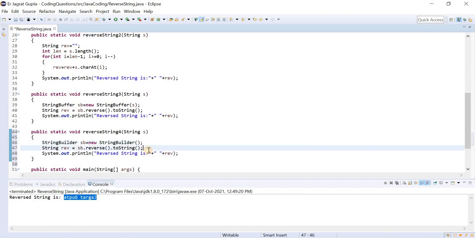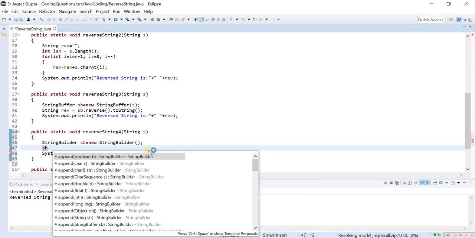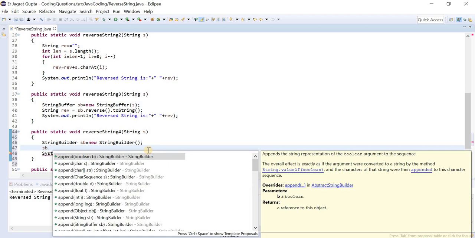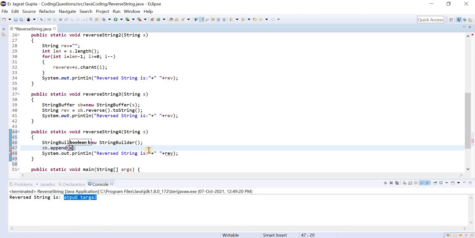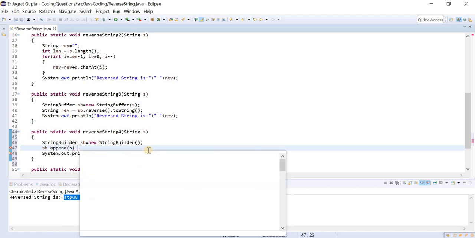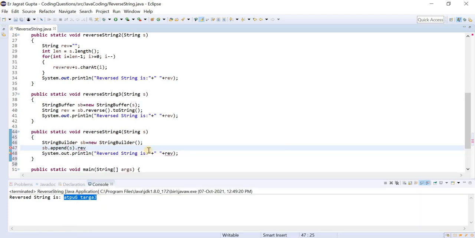Now we will use this object sb and append our string. Ultimately the concept is we need to convert our string into either a string buffer or string builder.